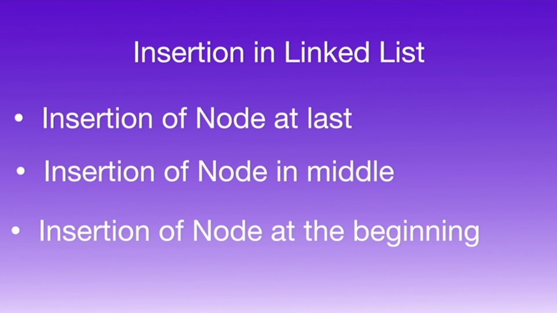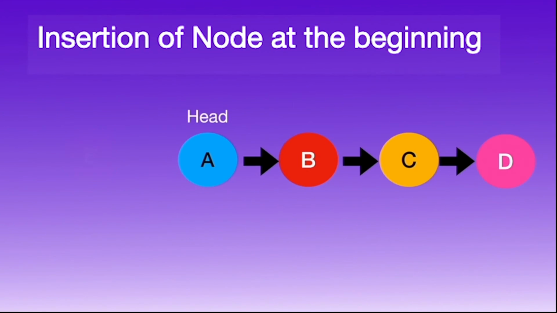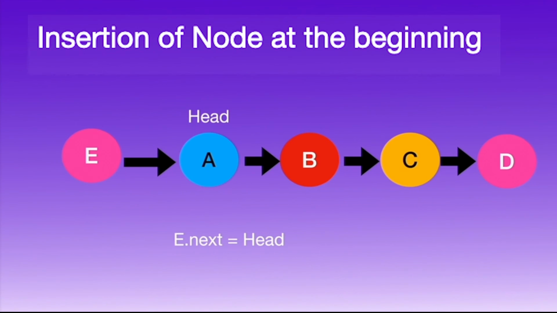And let's move to the final scenario where we have to make the insertion at the beginning of a linked list. Okay, so we are provided with a linked list ABCD and we have to insert a node at the beginning. So the algo is very simple here. We will create a new node. So here we are creating a new node E, and E.next is equal to head, and after that we will point the head variable to the newly created node. So in this way we have created a new linked list after inserting a node at the beginning of the linked list.